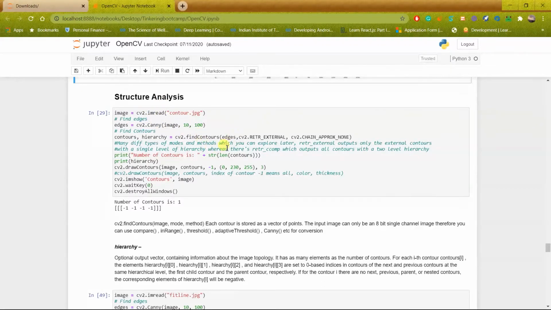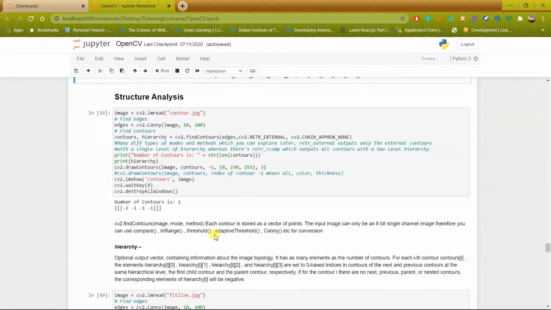Also one thing, the problem with dot find contours and the other functions which we'll see later, is that you can only send an input image that is an 8-bit single channel image. Okay, so our original image had 4 channels, right? The RGB and the alpha channel. So we have to convert it to a single channel. So the basic functions you can use are adaptive threshold, threshold in range, canny.